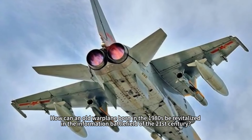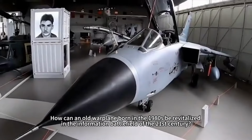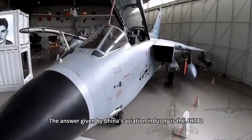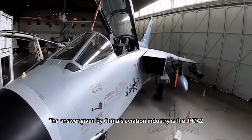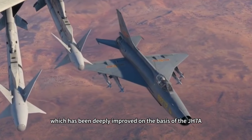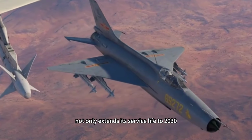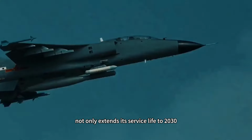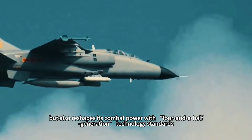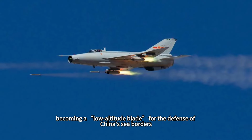How can an old warplane born in the 1980s be revitalized in the information battlefield of the 21st century? The answer given by China's aviation industry is the JH-7A2, which has been transformed into a new fighter bomber. This fighter bomber, which has been deeply improved on the basis of the JH-7A, not only extends its service life to 2030, but also reshapes its combat power with 4.5 generation technology standards, becoming a low-altitude blade for the defense